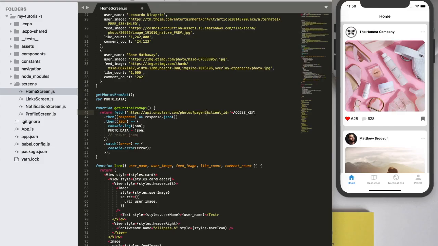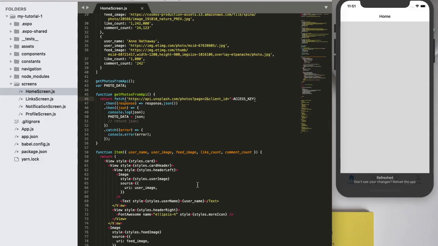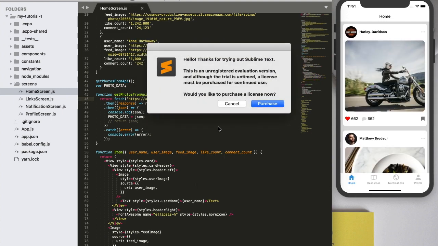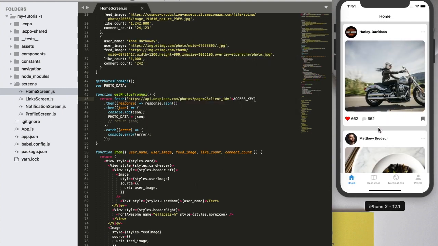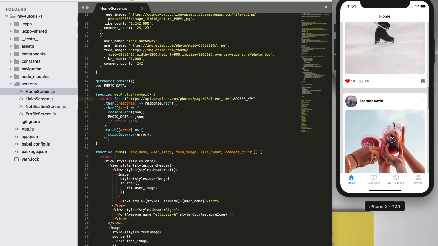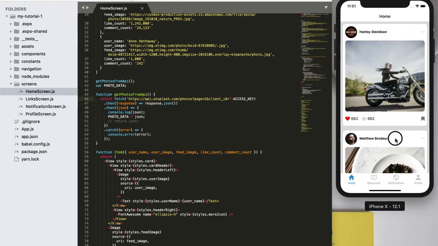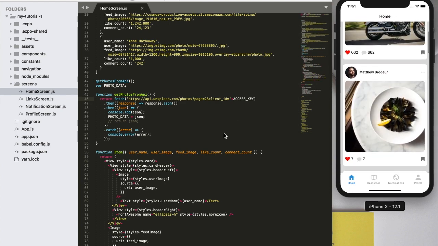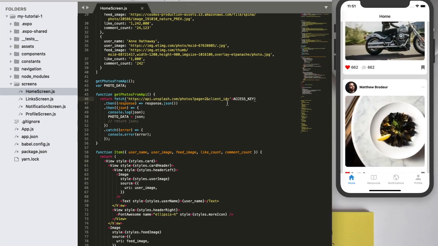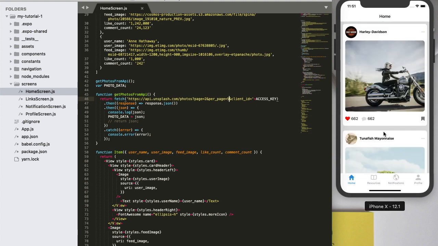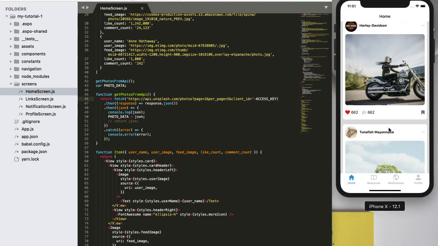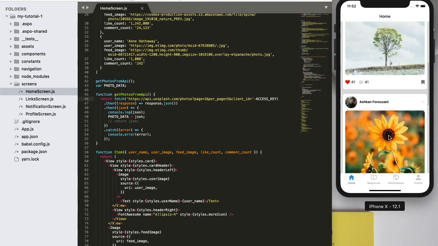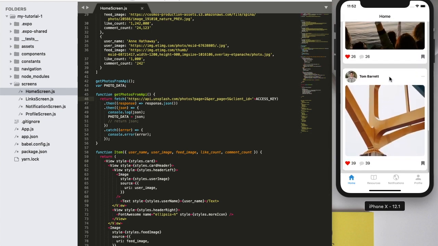Let's see what happens if we are fetching the second page. This is the second page images. So now there are 10 images. We can just limit it to 5 images, per page equal to 5. Now 1, 2, 3, 4, 5.